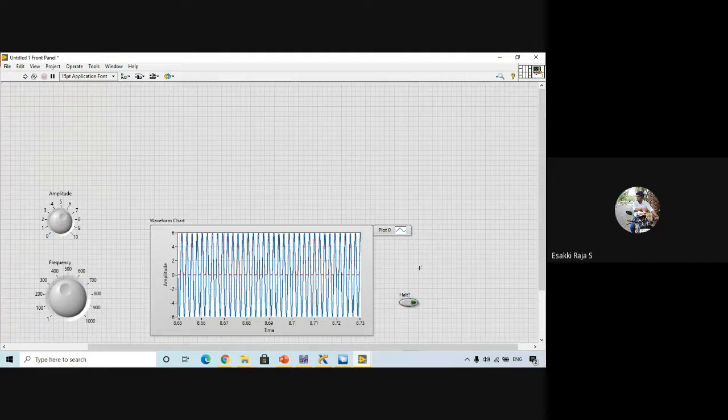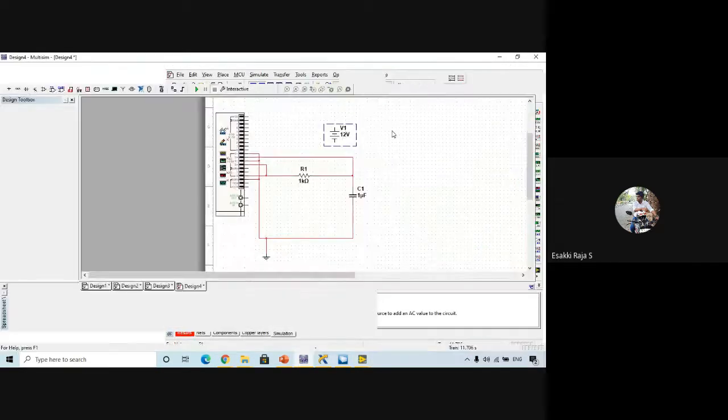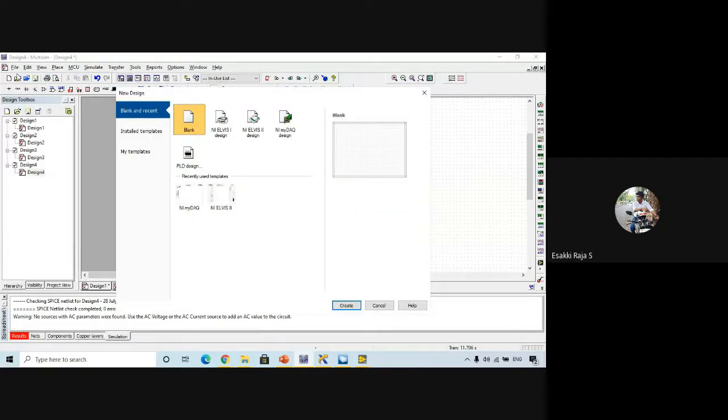Let me take a very simple converter. First, we'll complete the design in Multisim. So file, new. Let me open a blank design.